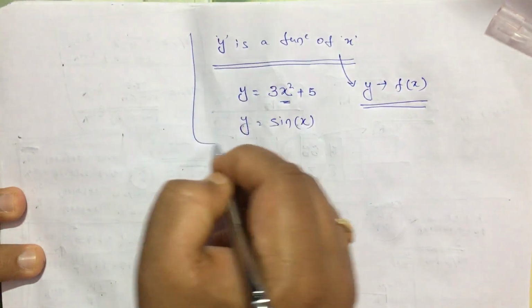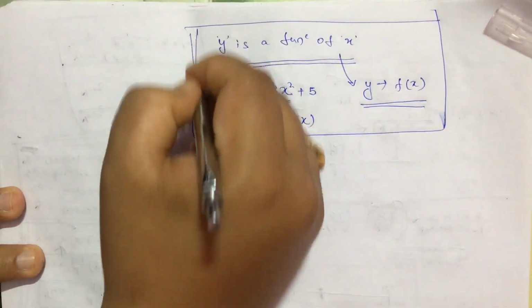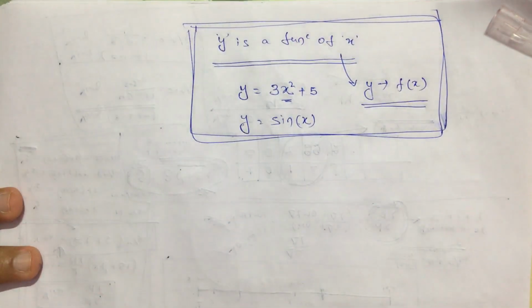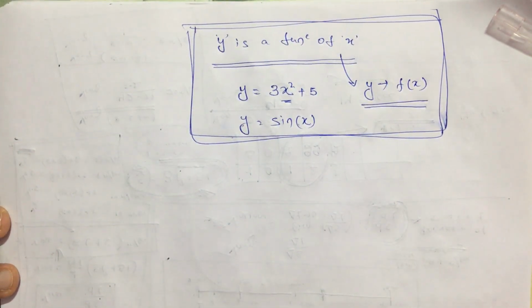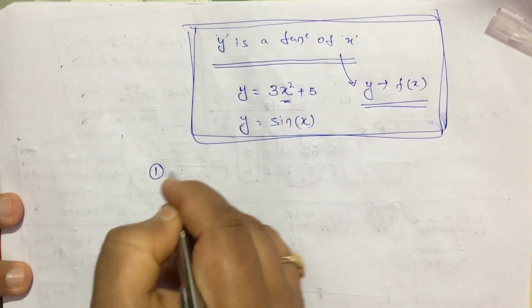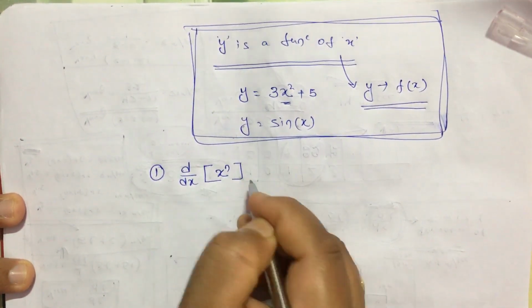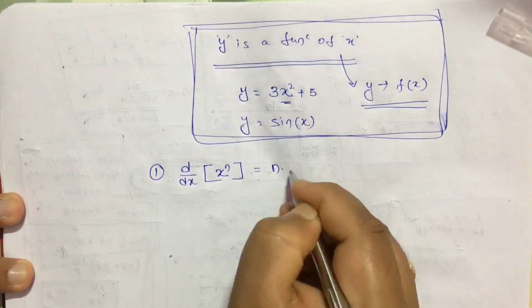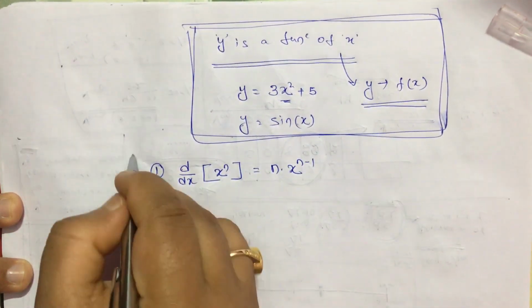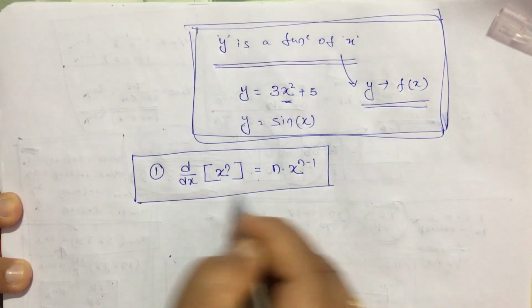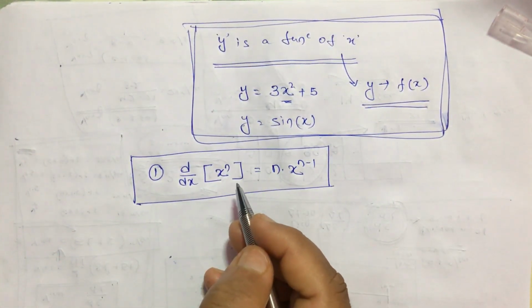Now let us come to the formulas of derivative. Why am I telling only formulas? Because it is beyond our syllabus or beyond our discussion where this formula came from. You have to just remember the formula for now. Where it came from and how you can derive it, you will learn in 12th mathematics. So the first formula is d by dx of x to the power n equals n into x to the power n minus 1. Again, don't ask me how I got it. How you get it, you will learn in class 12 mathematics.